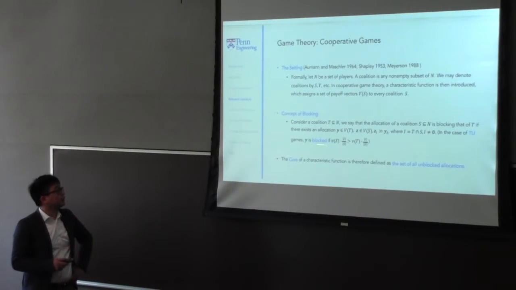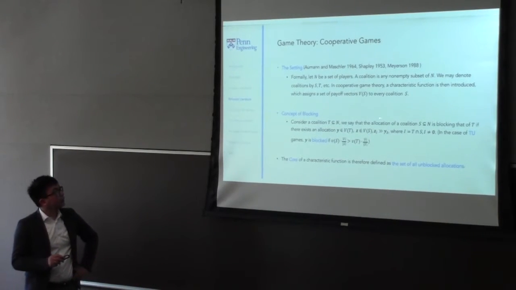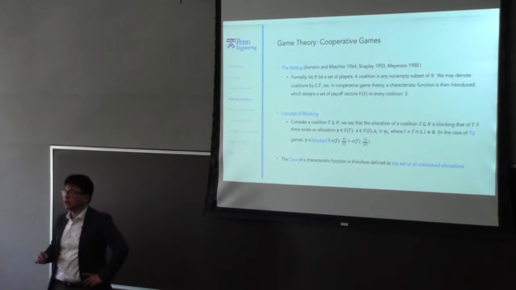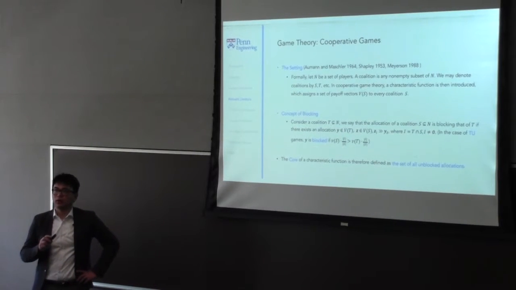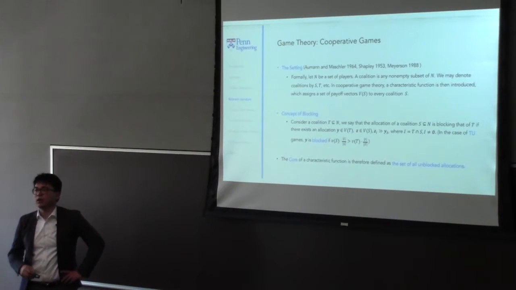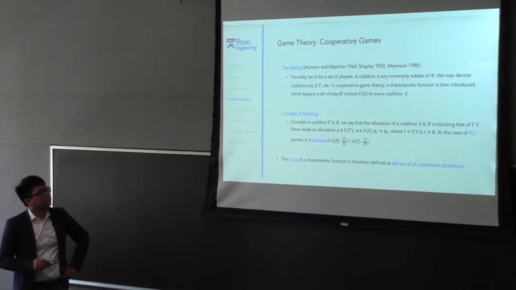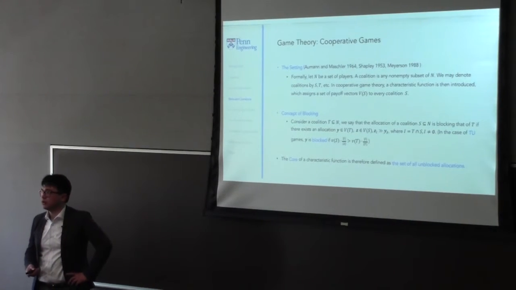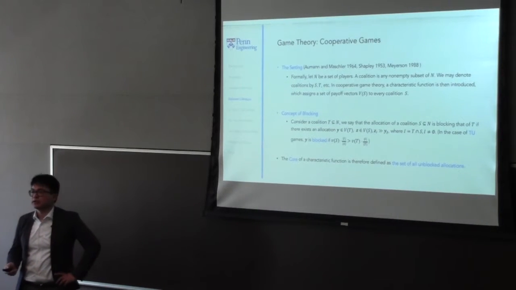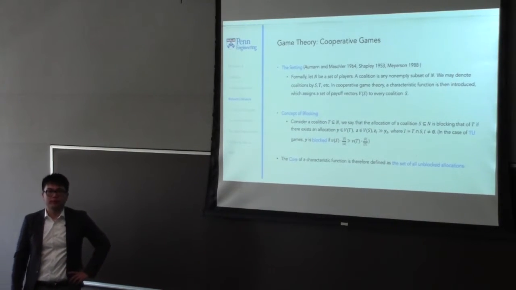With a different blocking concept, but the whole idea here about blocking is that if you have a state and you do not have another state which leads to a better payoff for any single player from your current state, it means you are unblocked. And the idea of the core is that you have the set of all unblocked allocations. So you assign the payoffs in a way such that there are no other states that would lead to a better payoff. And that is what defines the core, and it is basically the equivalent of the idea of stability, stable states.